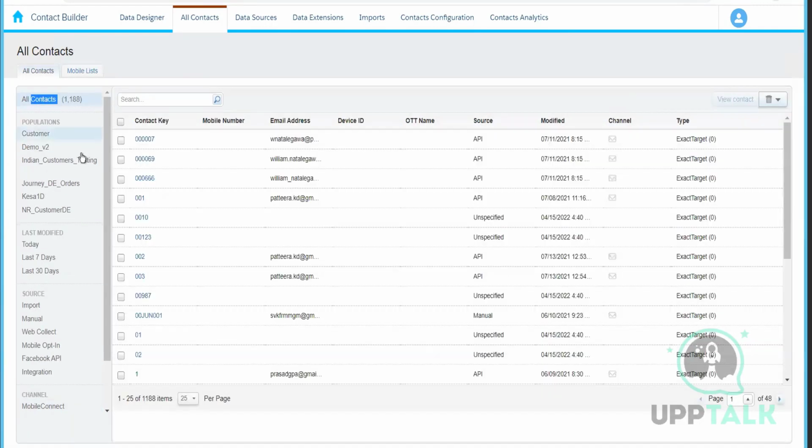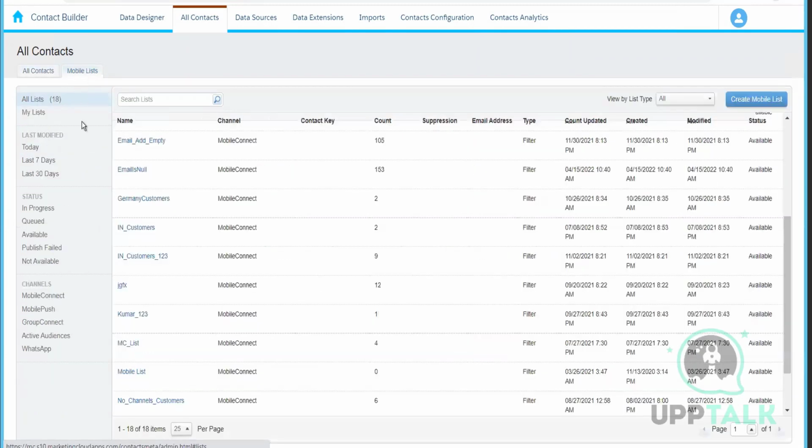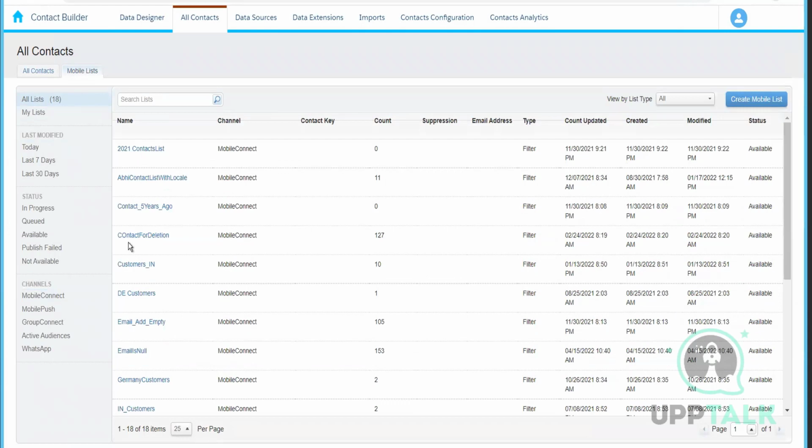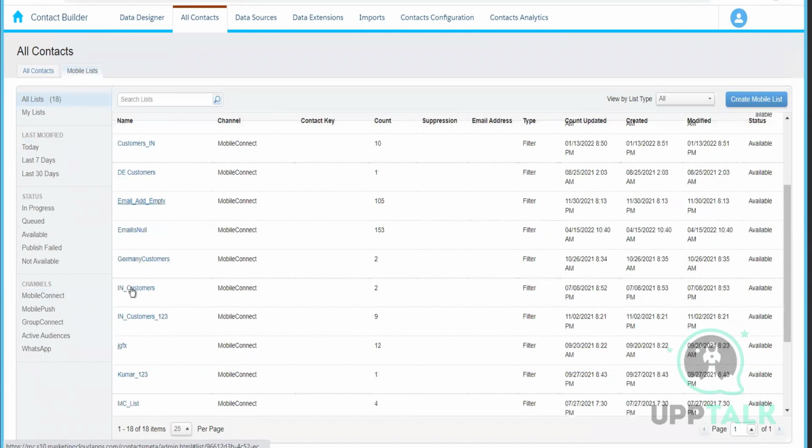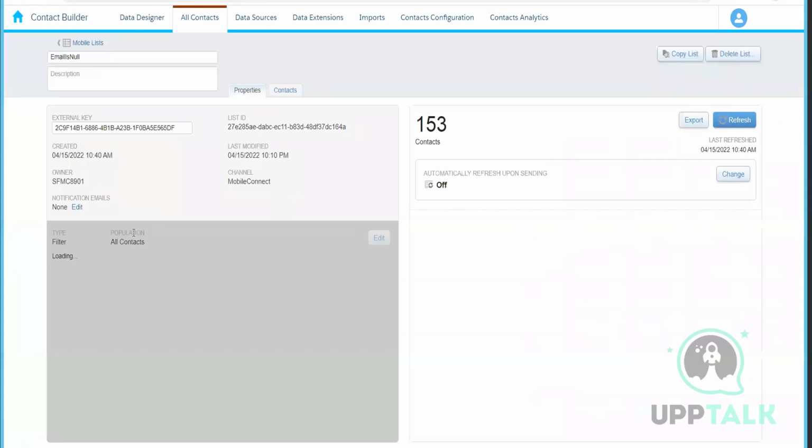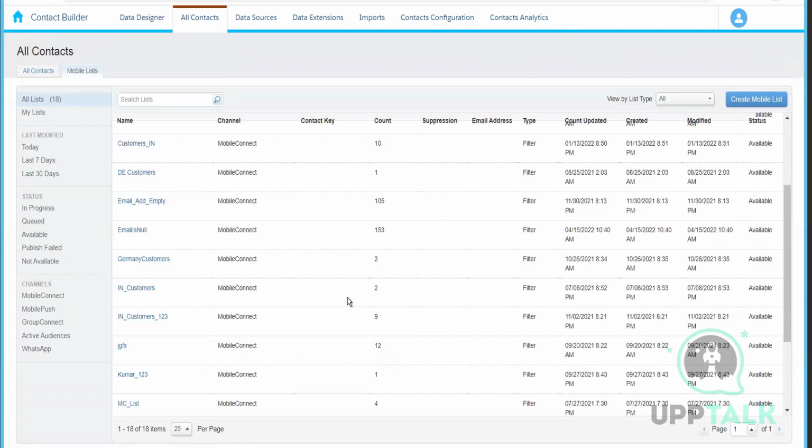Contacts. In the mobile list, what I have created is email is null. Yeah, this is a one. I don't see an option to delete. This will just only delete the list. But in order to delete the entire